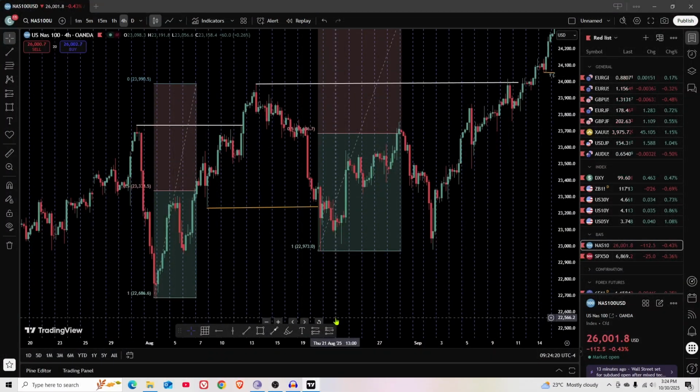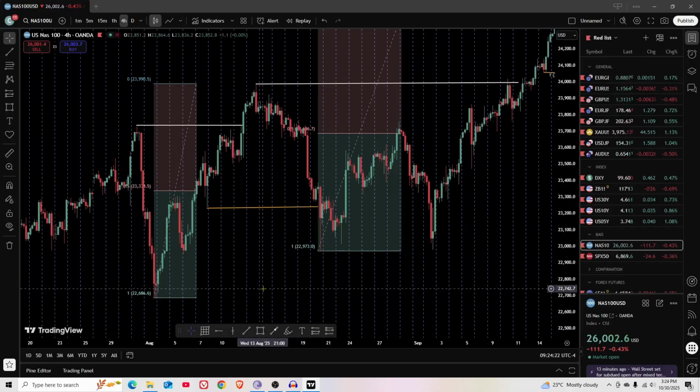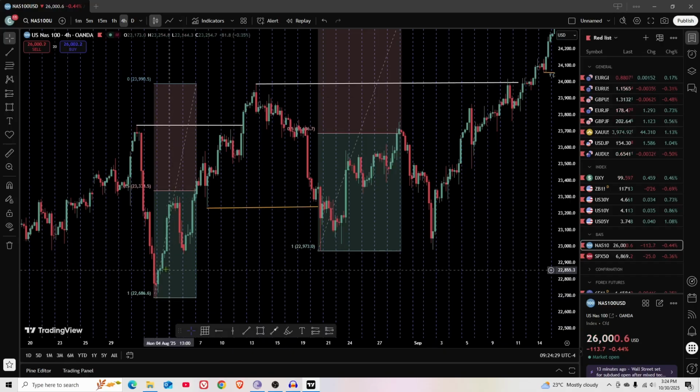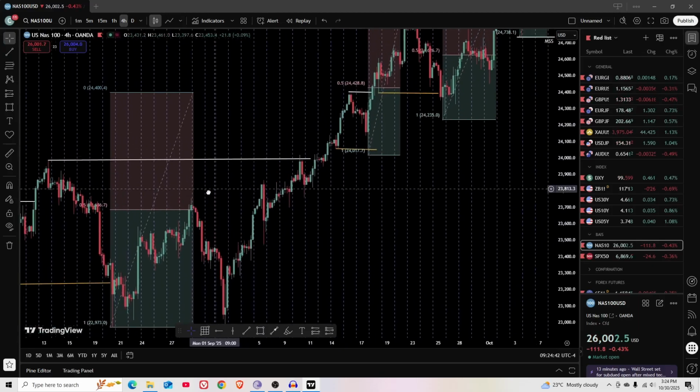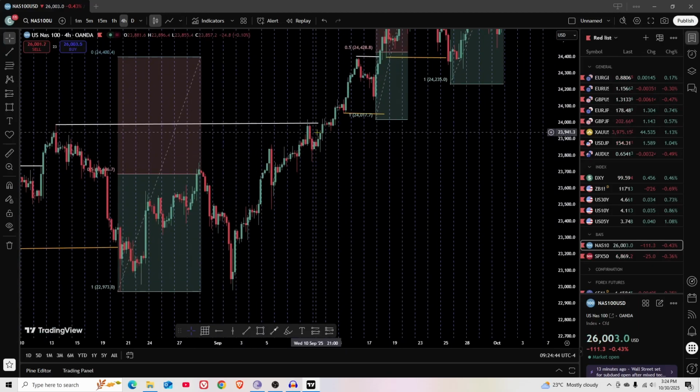This is the Nasdaq, and we'll look at our basic market structure, combine that with our advanced market structure to get trades. So you'll see that we have a dealing range low, a dealing range high, and below 50%. We take out liquidity, and then we start looking for trades going higher. And the market follows suit,